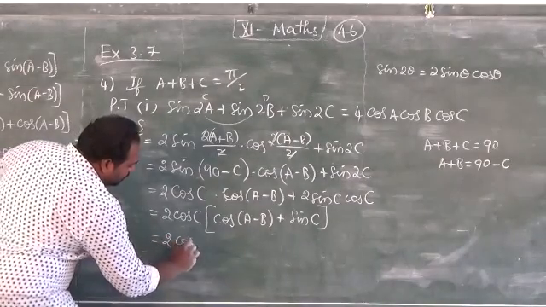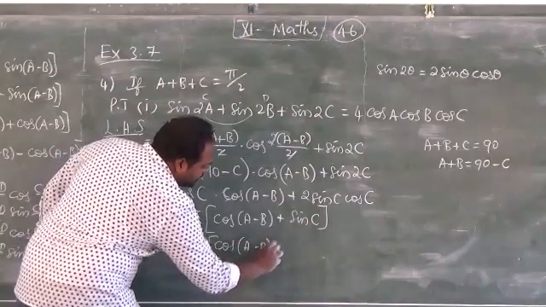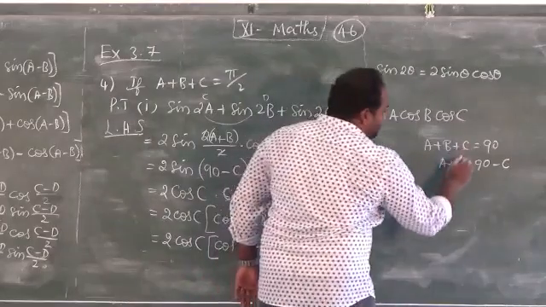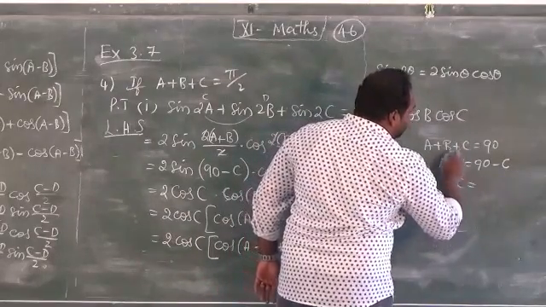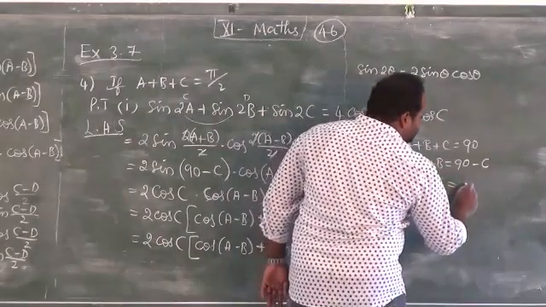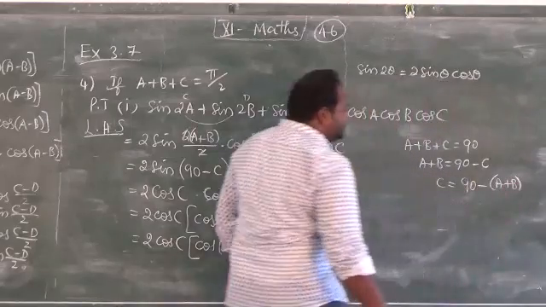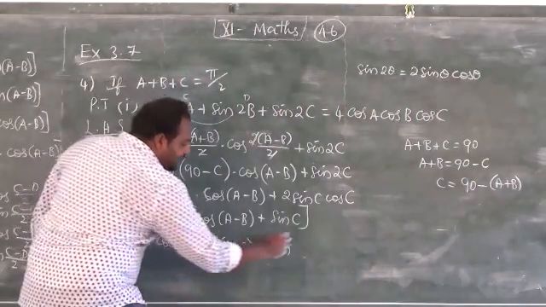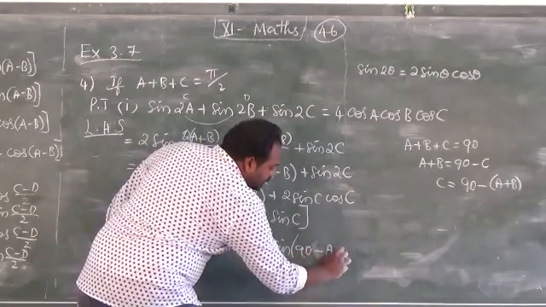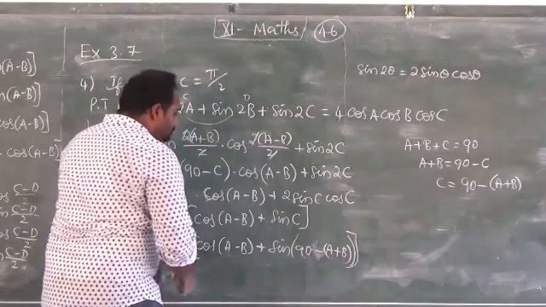Now 2 cos c times cos of (a minus b) plus sin c. Instead of c I can write: c equal to, keep this c on this side, bring a plus b to the other side, it will be minus (a plus b). So 90 minus (a plus b). So instead of c I can write 90 minus (a plus b), you have to write it in the bracket. Okay, now